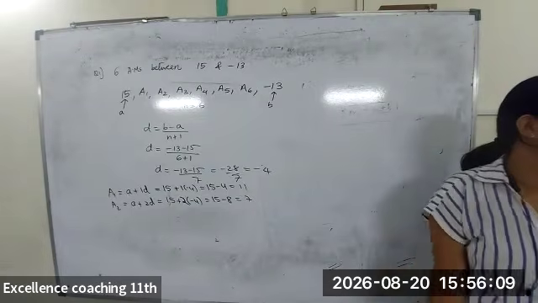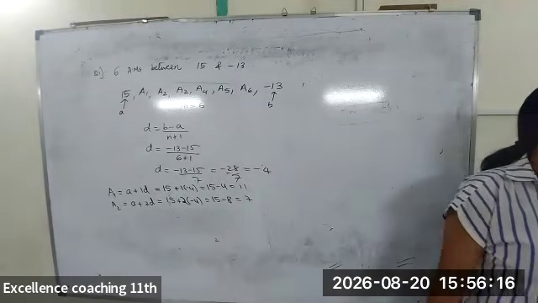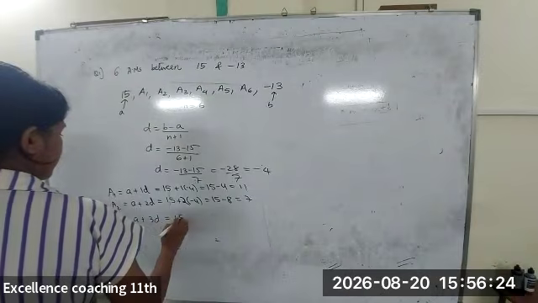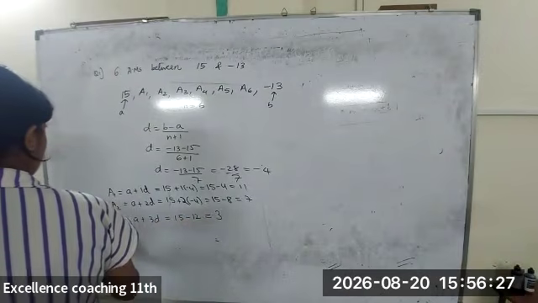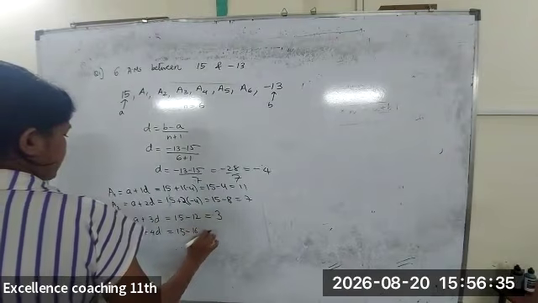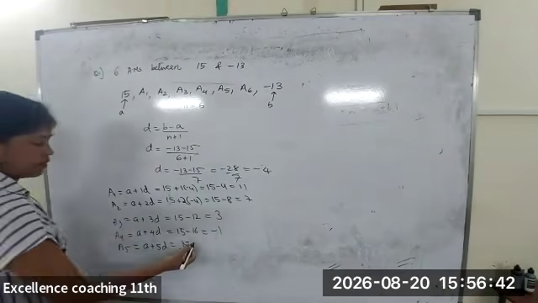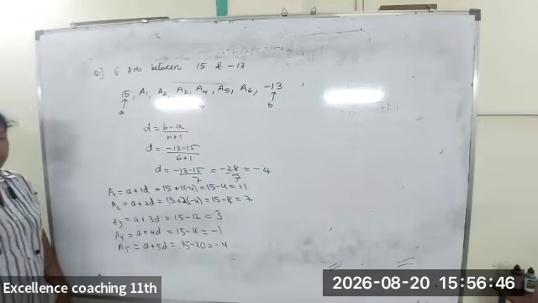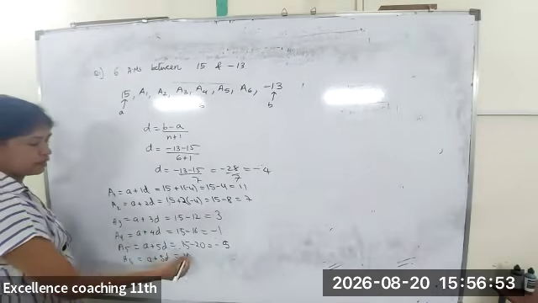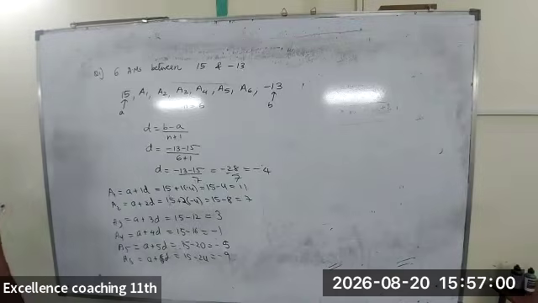You keep on reducing 4. 11 minus 4, 7. 7 minus 4, next number will be 3. 3 minus 4, like that. 15, 6 into minus 4, minus 2. Now write the series back. 15, comma,